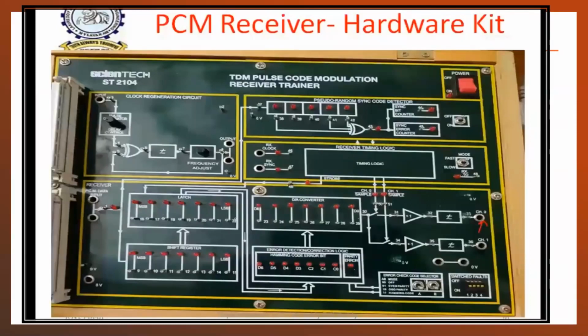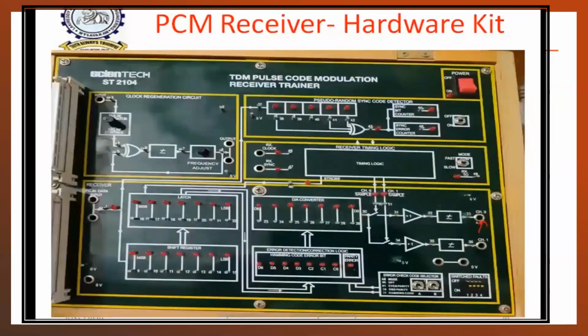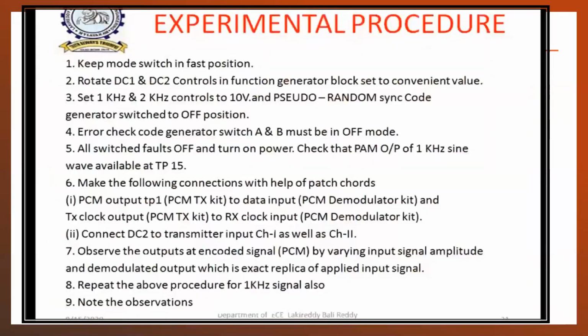If you observe in the D2A converter, whatever the bit sequence there in the transmitter, the same bit sequence is decoded here. That you need to observe, and then only that is converted into the original signal. Okay. Now we'll see all these operations one by one. Actually, I have already explained this procedure. Now, if you see,